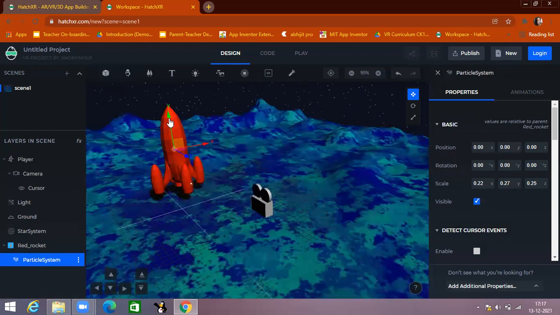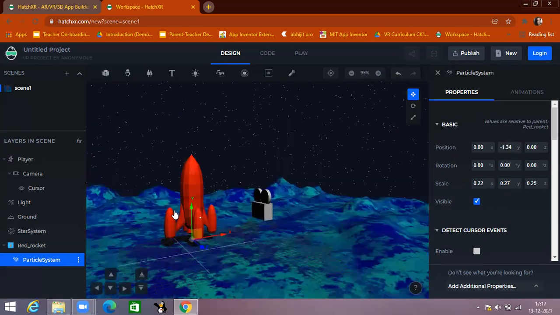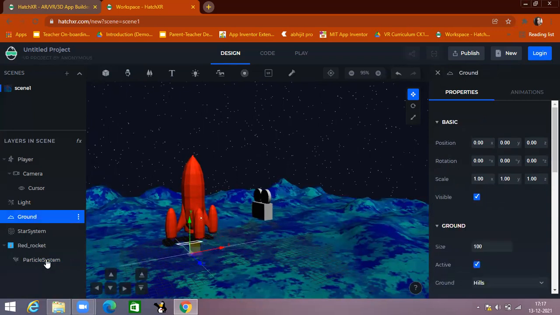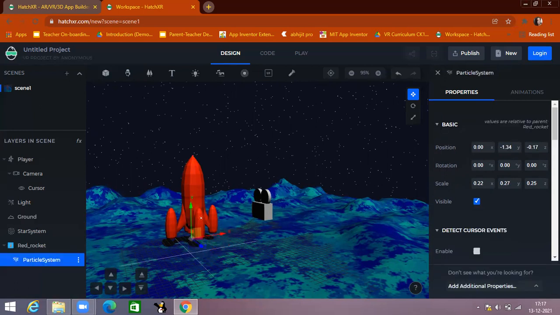After that, I'm making it downward. Now the particle system is here. Okay. This is my particle system. And I'm just rotating this particle system upside down. So I'm just changing the Z rotation to -1. Let's see how it is looking in the play mode.